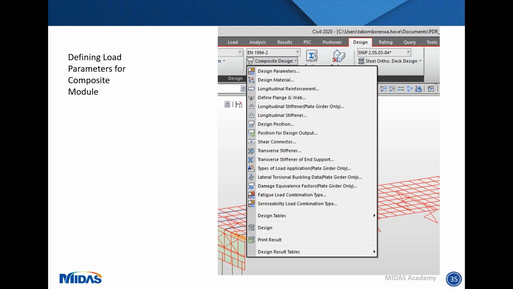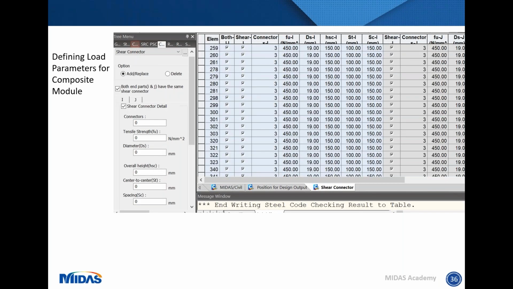So I'm just going to briefly show you a couple of the inputs that you might add through the different sections. Shown here are the inputs that you're adding in for the shear connectors. So you would be defining how many connectors you have, the tensile strength that they have, and their diameter, and the software is then able to pick out those things, and when it's looking at those particular elements, it will pick out the worst loading on that element and use the design properties along with that.